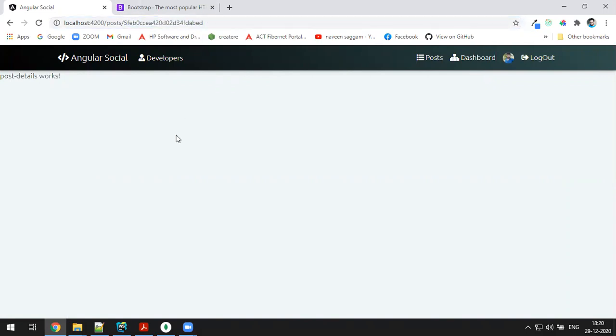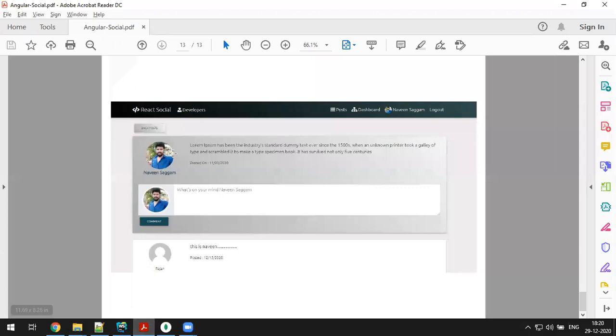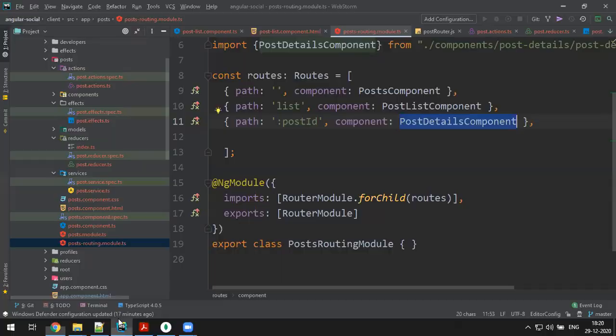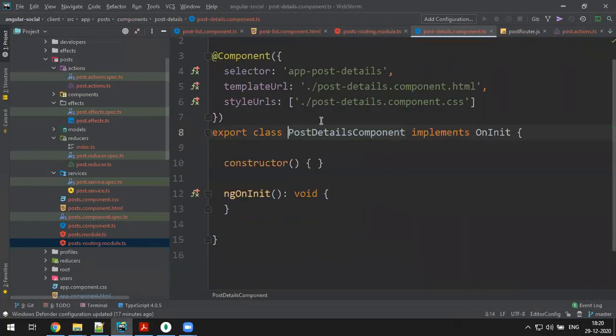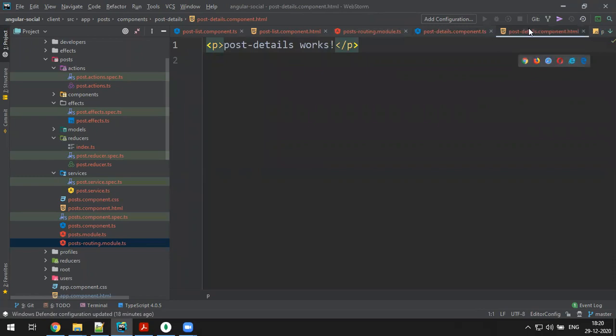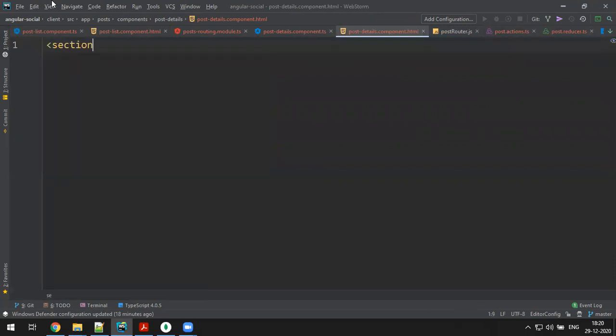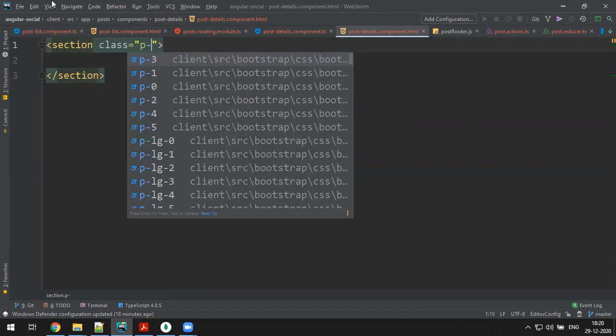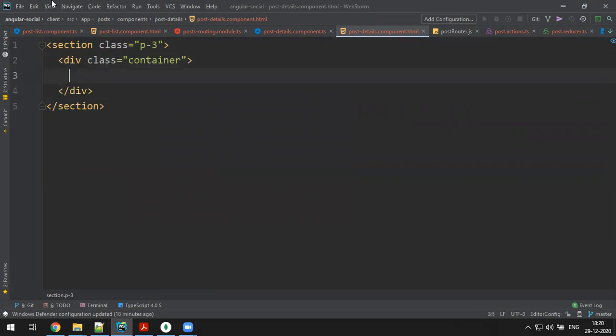Okay. So now in this page, I have to get the particular post and display it. And for this, there should be a provision to add some comment on the post. So we have to fetch the post information here also. First of all, I just make the setup. So go to post details HTML. Here I'll write one section with the class p3, one container, one row, single column.